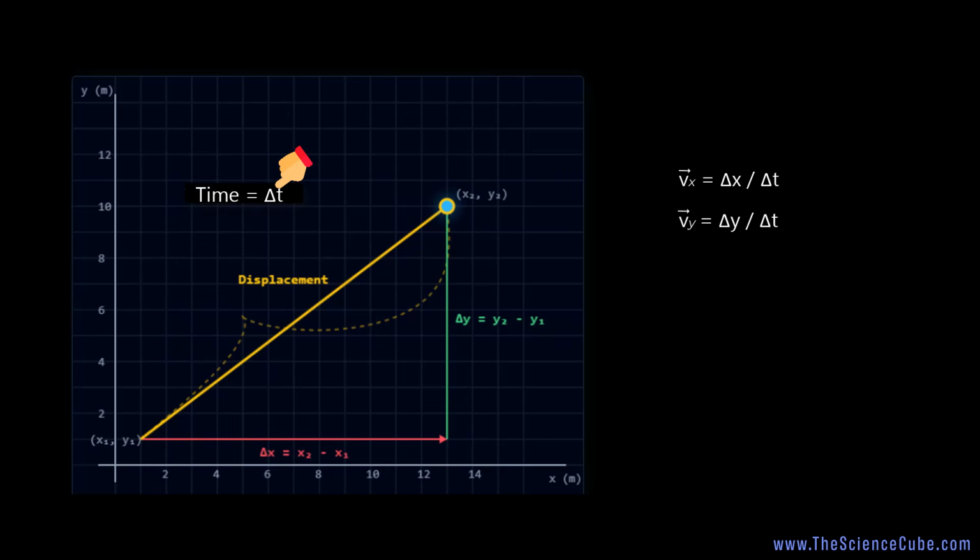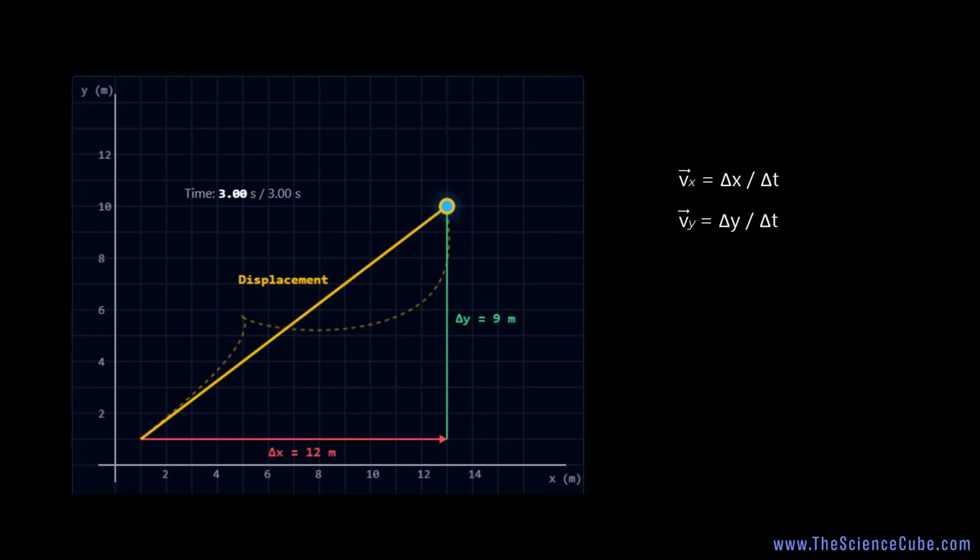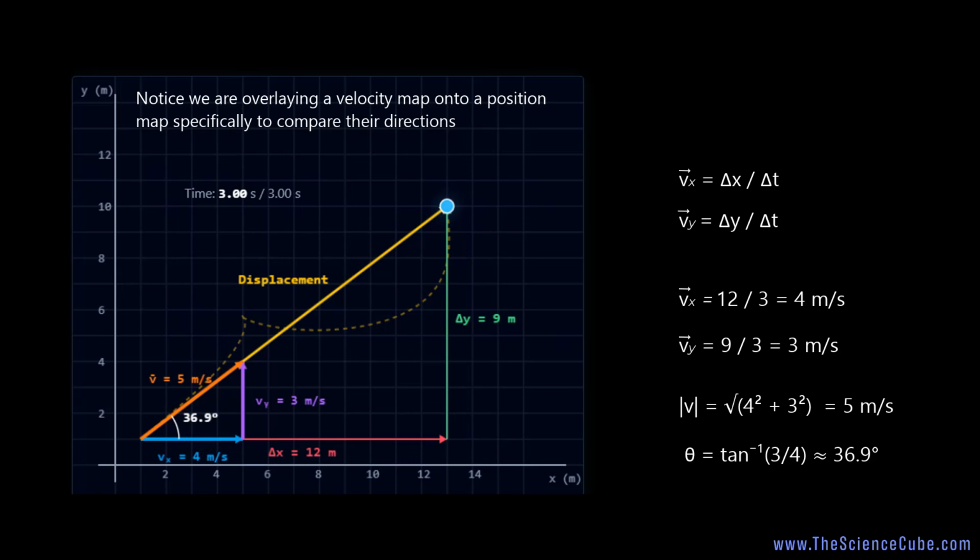Let's try one example. An object has delta x equals 12 meters and delta y equals 9 meters over a time interval of 3 seconds. Then v bar x equals 12 divided by 3 equals 4 meters per second. V bar y equals 9 divided by 3 equals 3 meters per second. And the magnitude of average velocity will be v bar equals square root of 4 squared plus 3 squared equals 5 meters per second. And direction, theta, equals tan inverse of 3 over 4, which is approximately 36.9 degrees above